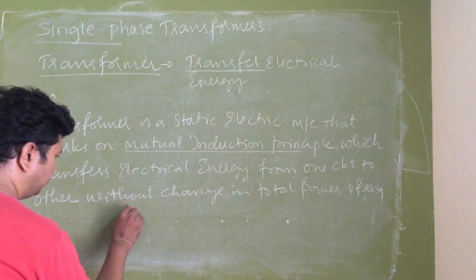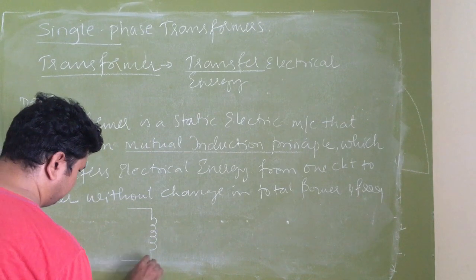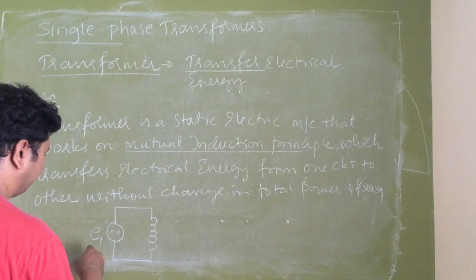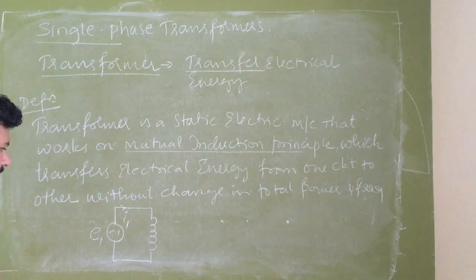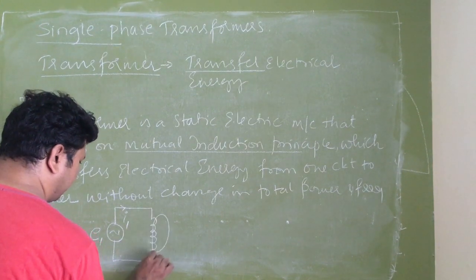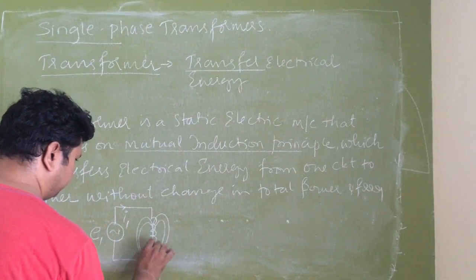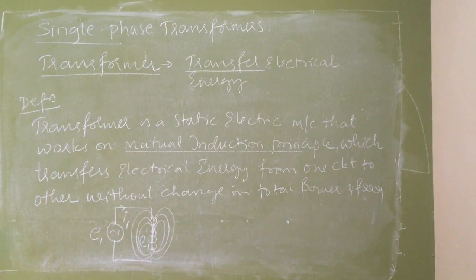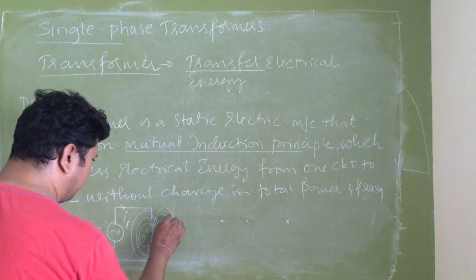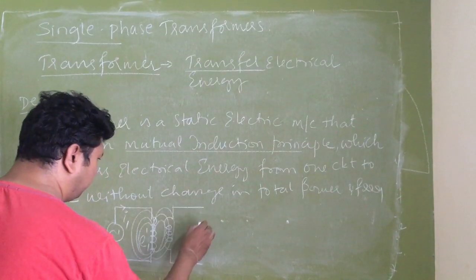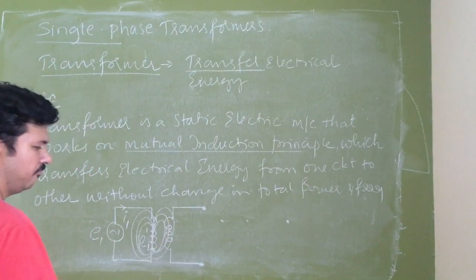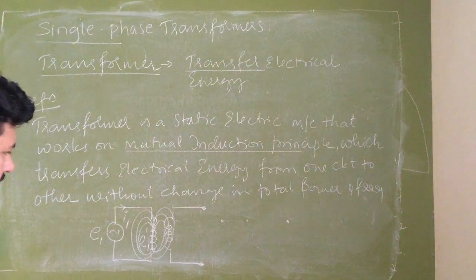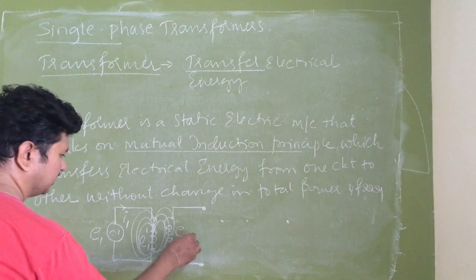Now I have two coils. I will energize one coil with an AC. Let this be E1, let this be I1. Now it will create its flux. No doubt there will be a self-induced EMF E1 dash. Now if I place another coil near this first coil, such that the second coil is inside the magnetic field of the first coil, then there is an EMF induced in the second coil also.